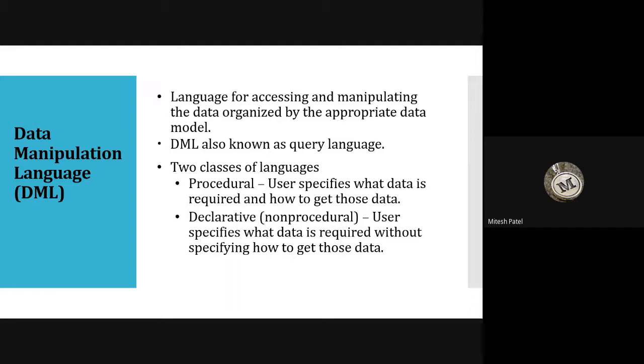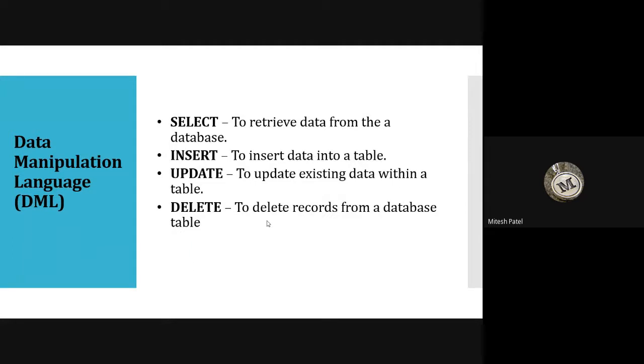Next, DML. The name stands for its meaning, manipulation. It means whenever we want to manipulate something, change something, then manipulation. Already we have discussed procedural and non-procedural, so I am skipping this slide. Manipulation means select, insert, update, and delete. After creating the table, you will insert the data. If you made a mistake, then you will update the data. If you want to display some data, then you will use the select command. If you want to delete the records, you can use the delete command. Right? So this is DML.